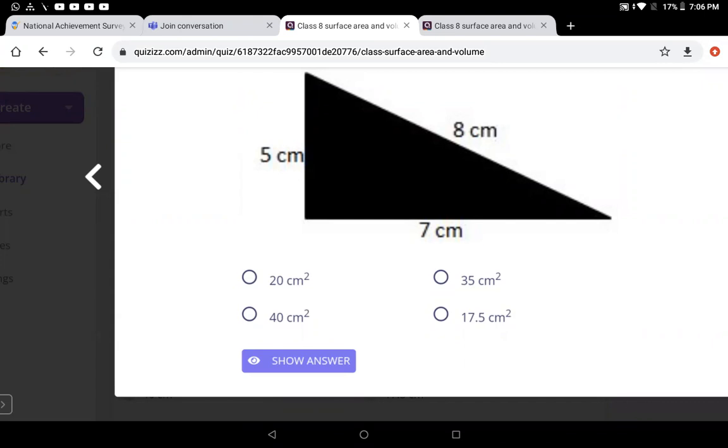Ma'am, I have a doubt. Yes, please, where do you have a doubt? Ma'am, 5 square plus 7 square is equal to 8 square, right, ma'am? But the addition of 5 square and 7 square gives 74, right? No, 5 square is 25, 7 square is 49, 49 plus 25, how much? 64, which is 8 square.